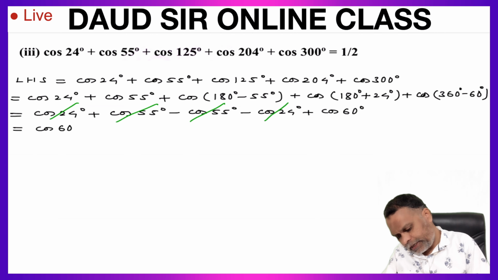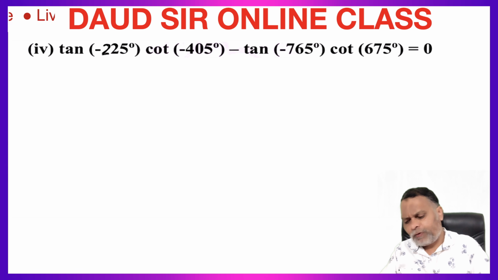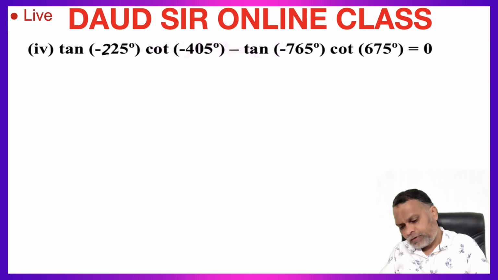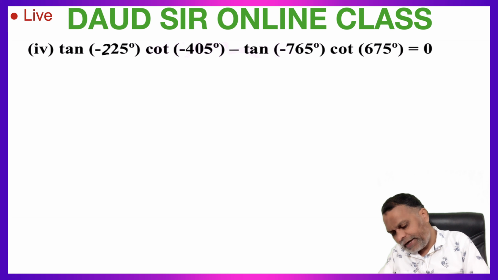Cos 60 degree, and the value of cos 60 degree is 1 upon 2, which is equal to the right hand side. Question number 2, part 4. Prove that tan(-225°) cot(-405°) - tan(-765°) cot(675°) is equal to 0. Taking left hand side,